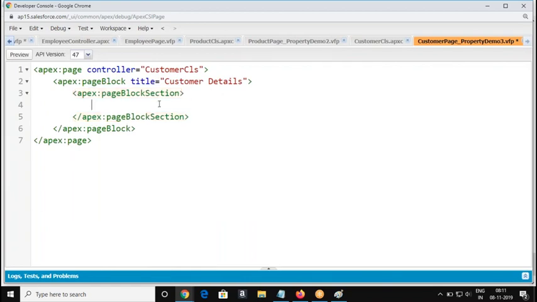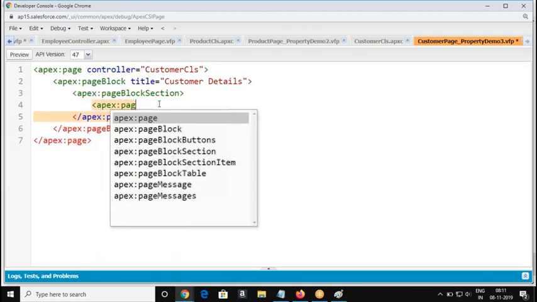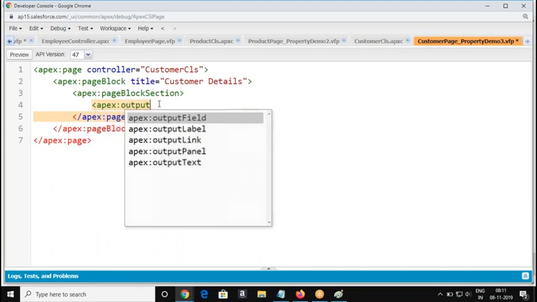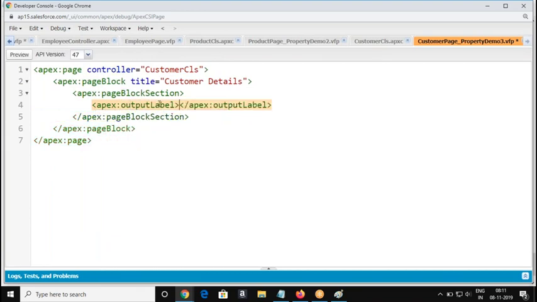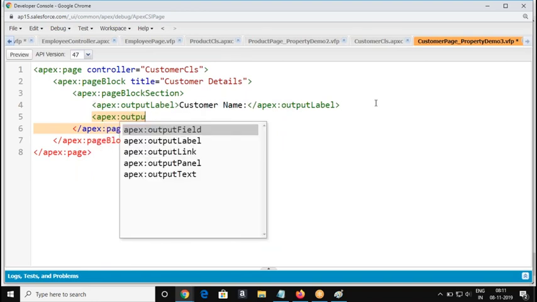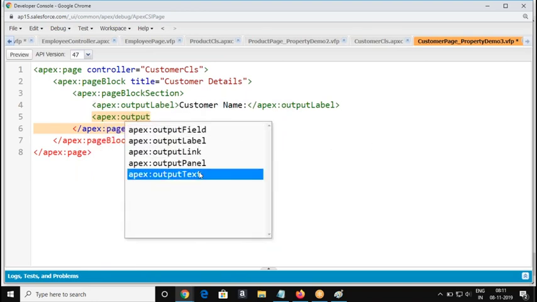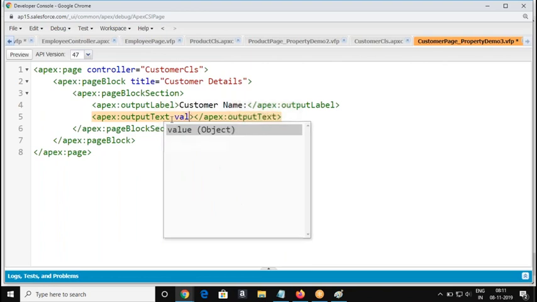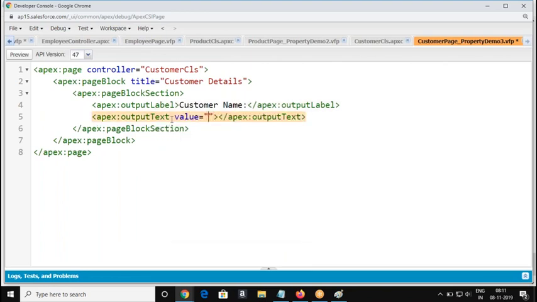What am I trying to do now? Customer name. Output text. What am I going to refer here? Name. So we'll follow this. Can you please hold on for a minute?